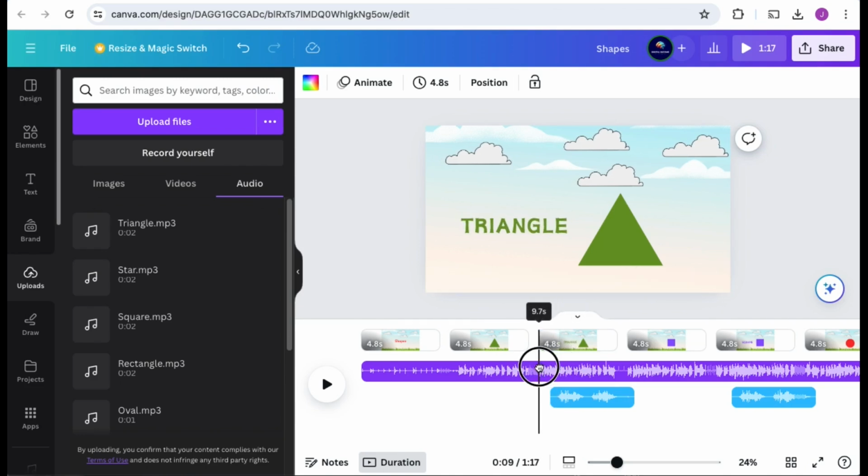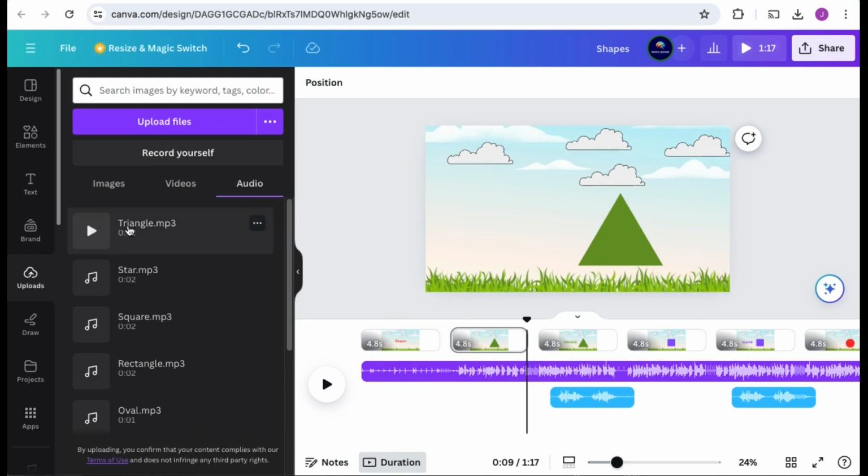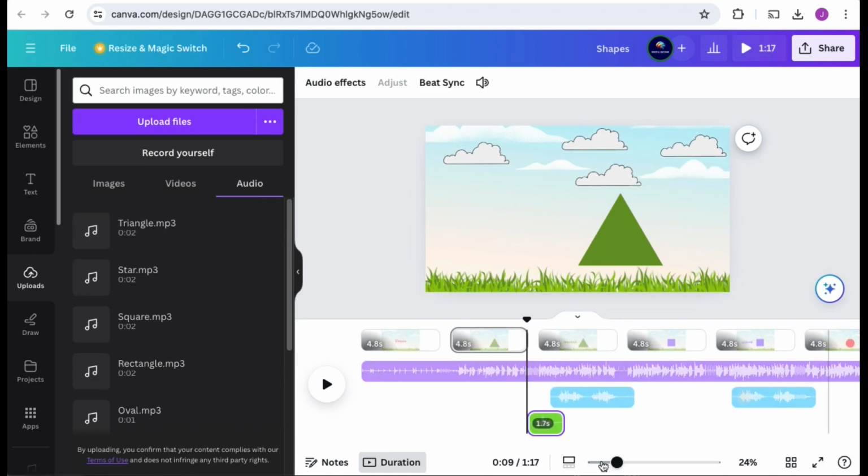Okay, so right before this delighted kids, where the kids applaud, we're gonna put that. I think this would be a good location to put it, so we're gonna go triangle.